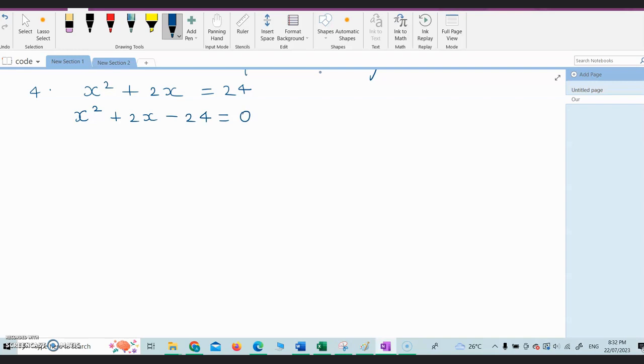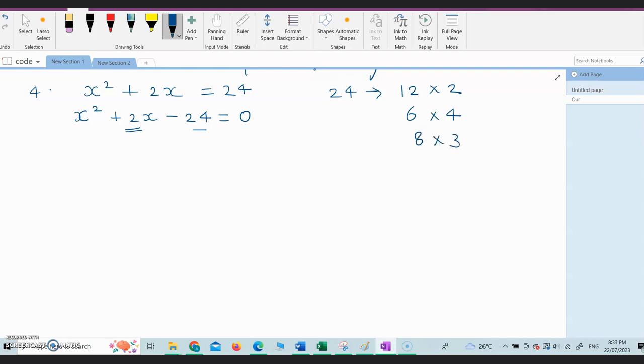Now again we will use the middle term split method, meaning this number 2 we are going to split into two parts such that the multiplication of those two parts should be equal to the multiplication of this number 24 and the coefficient of x square. So here the coefficient of x square is only 1, so the number is 24. Now we need to find the factors of 24. So you know that 12 2s are 24 and 6 4s are 24,